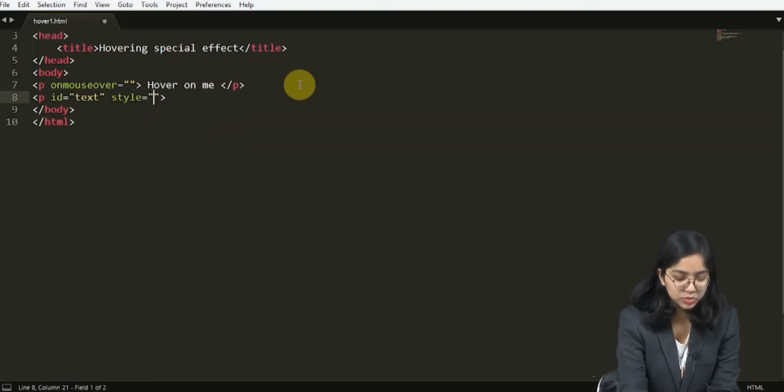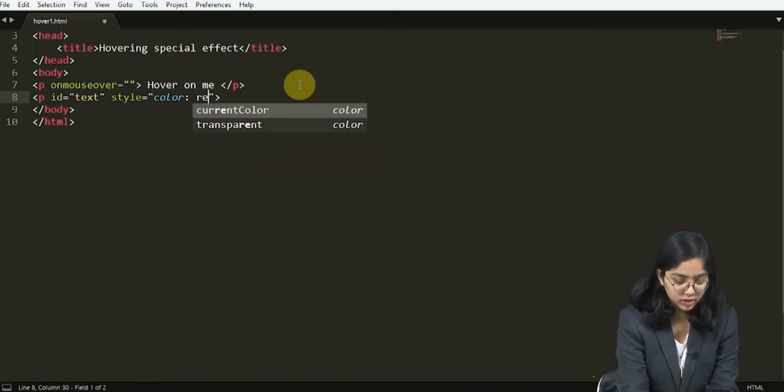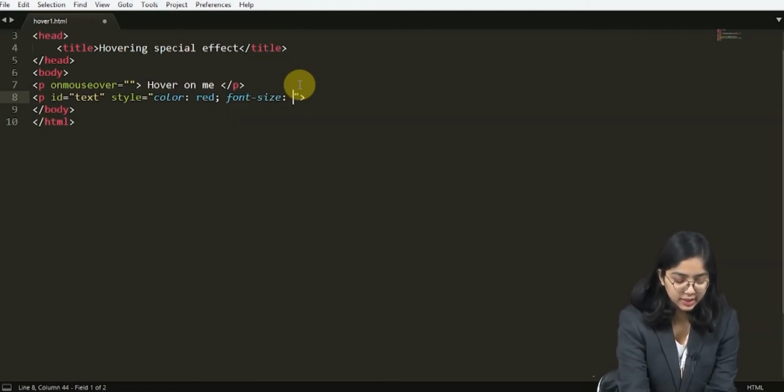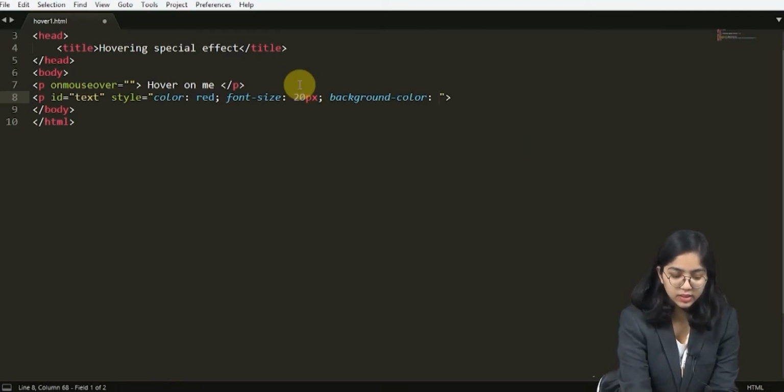Style equals to color as red, font size as let's say 20px, and then background color as light blue.